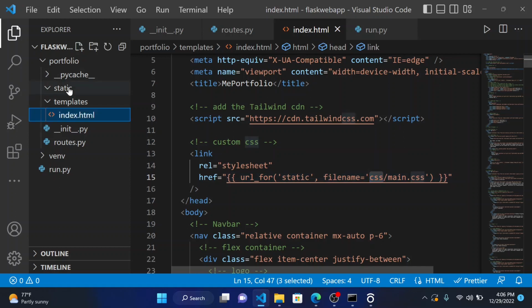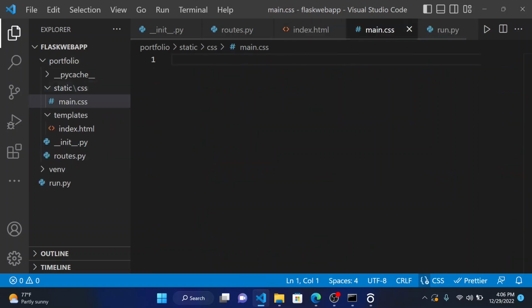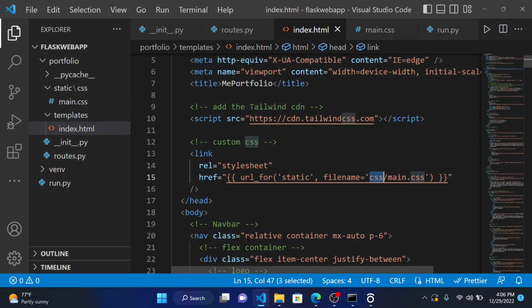So let's go ahead and actually create that. I'm going to create a folder called css and press enter. And inside that css folder, I want to create a file. I'm going to call it main.css and press enter, and this is the same directory you're seeing here. So we're going to the static folder, to a folder called css, looking for a file called main.css. This is how you can refer to static files inside of